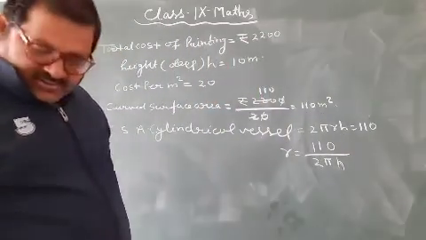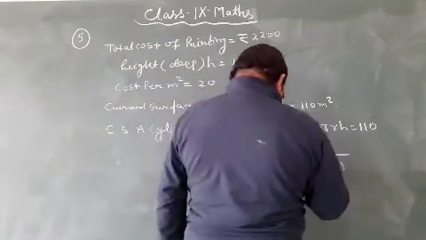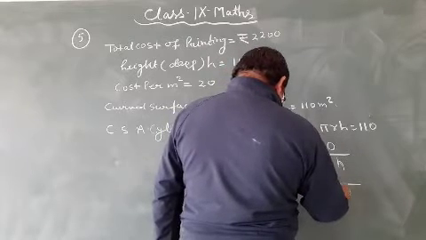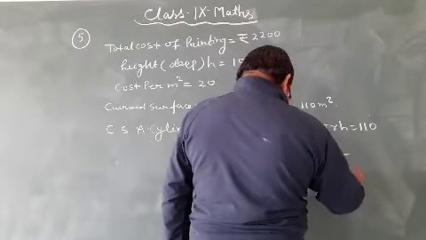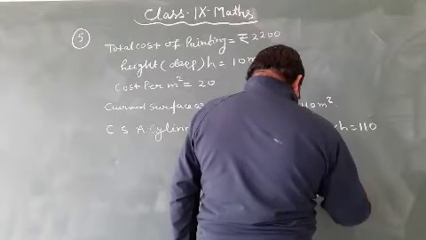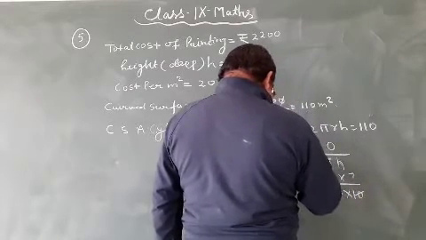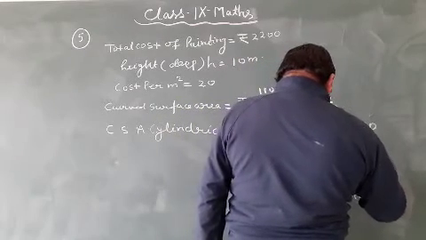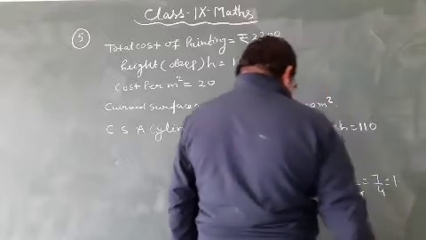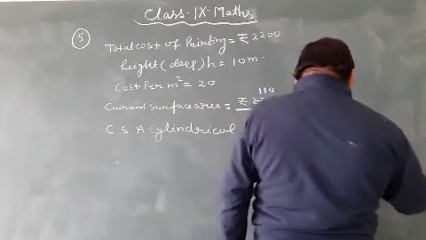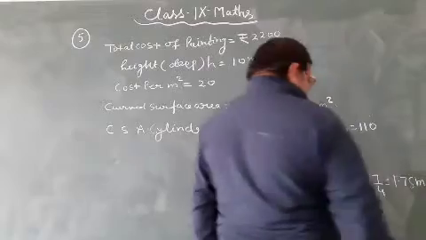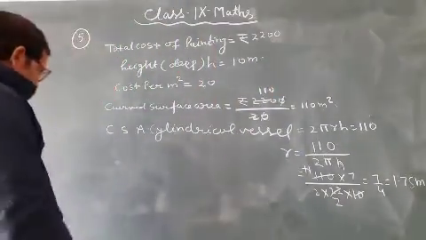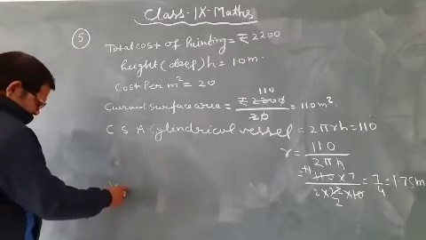and that is 110 upon 2 into 22 by 7 into 10, which gives 7 by 4, that is 1.75 meter. 1.75 meter is the radius, and third is the volume